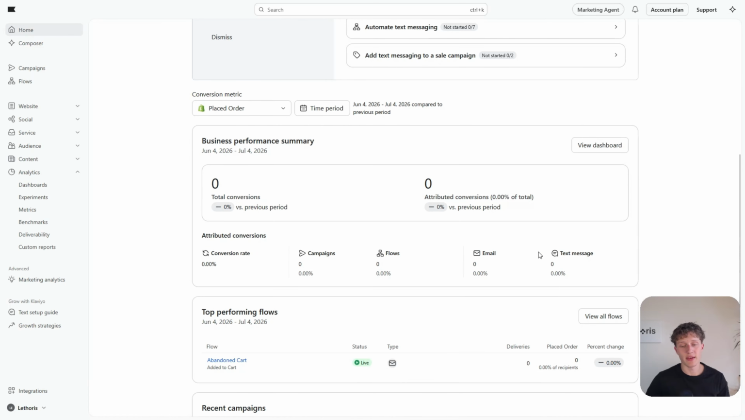If the revenue is a bit lower, the next thing I would personally do is take a look at this attributed conversions card down here, where you can see the conversion rate you have, then the campaigns and flow split, and also the email and text message split. If you're not sending out text messages yet, of course you will have 0%. Don't worry about that. Later on, if you're sending out text messages, you should have a representable number here as well. The thing I would really look out for in the beginning is the campaign and flow split,